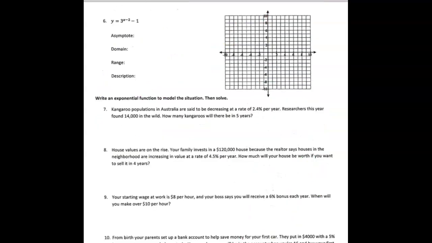All right, one more graph. We have y equals 3 to the x minus 2 minus 1. Our parent function, ignore the transformations, we just have y equals 3 to the x. And we actually made this table of values for question 4. So using that same table,